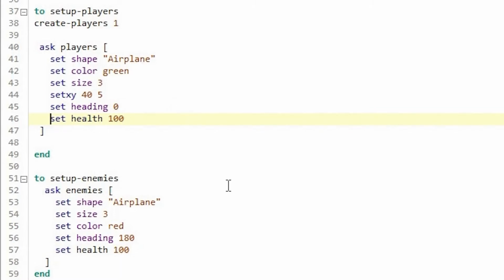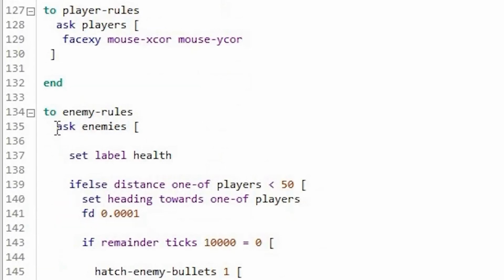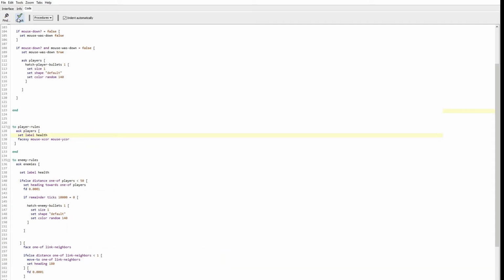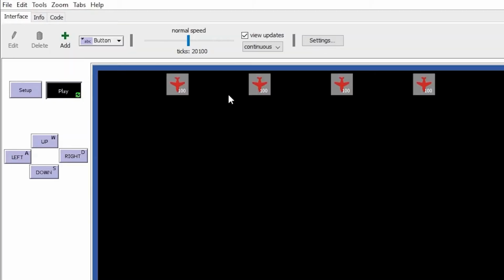And in a similar way, here we ask all enemies to set the label to health. Like that, we can ask players also to show the label called health. And let's check this now. When I press the play button, now you can see all the enemies have 100 health, and our player character also has 100.